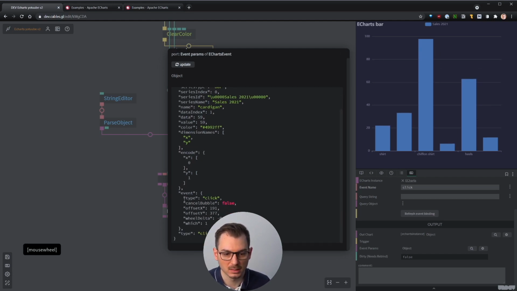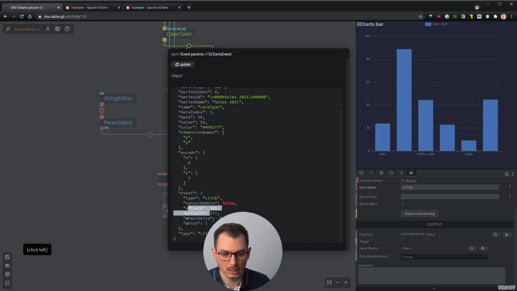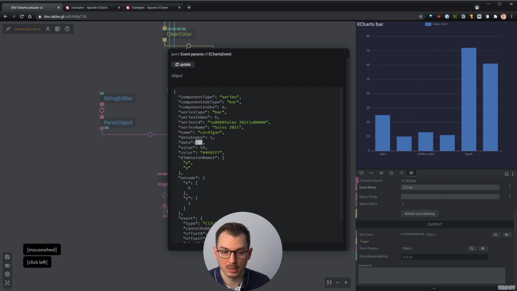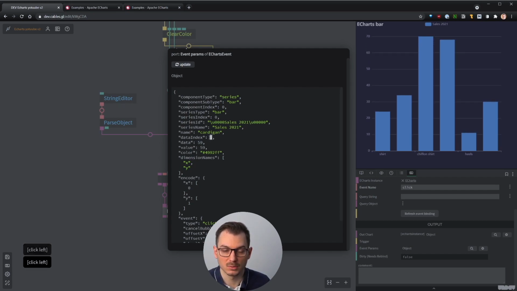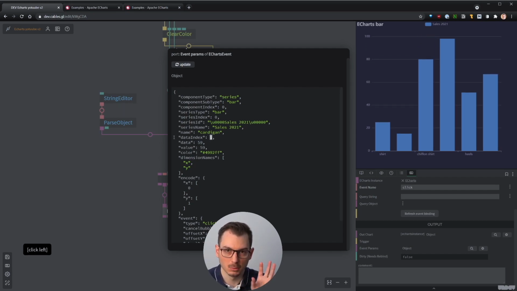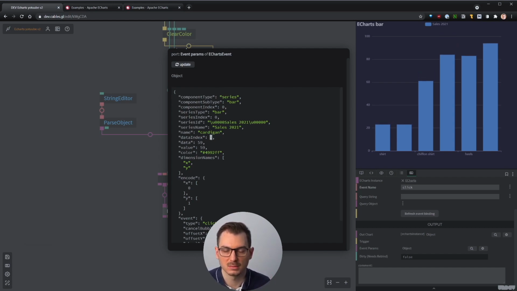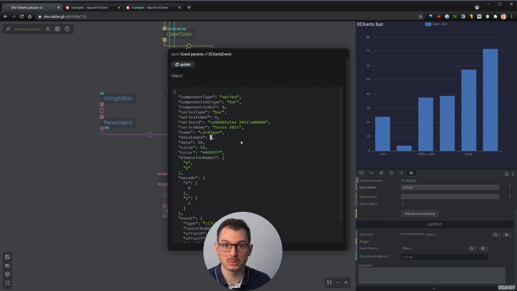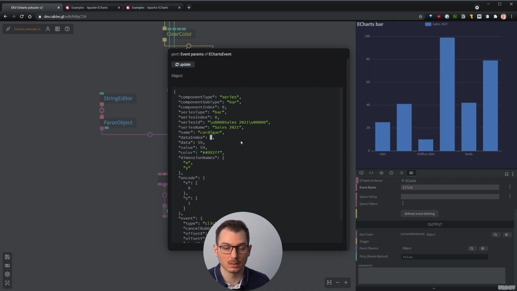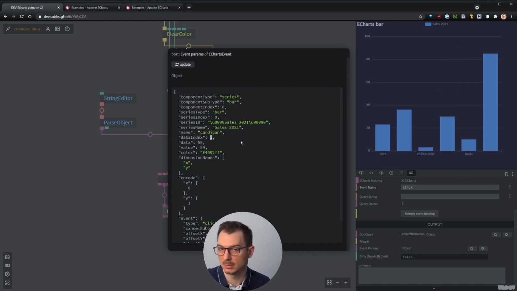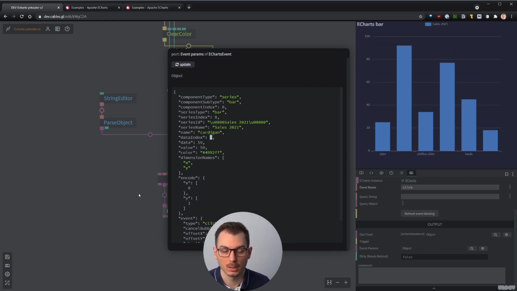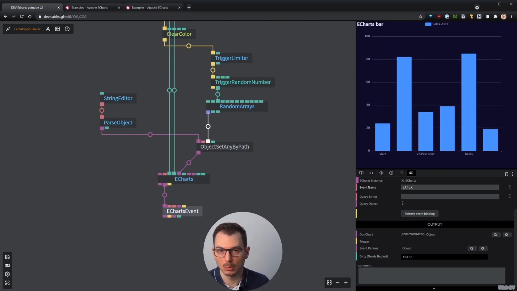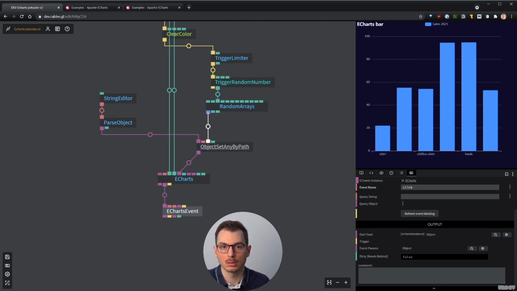So it gives us the position where I click, the mouse wheel delta, the type of the event, and the data value at that time. It was triggered on the first bar, so 0 is the first one. The index is 1, but it's the second bar, and which series and so forth. From that you can parse the object. It's already parsed, but you can play with the object, take some of the values and do anything you want in Cables. So just to do that, maybe we could have a small text, and when I click, update the text,